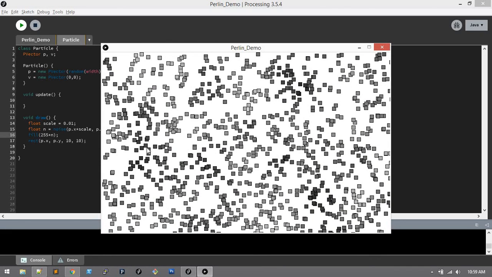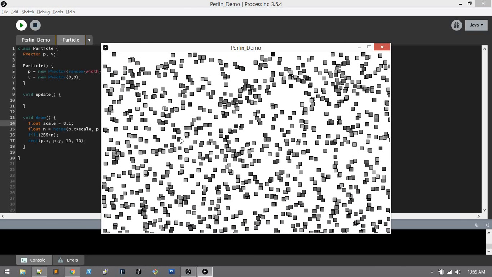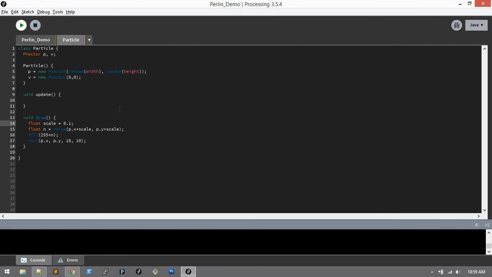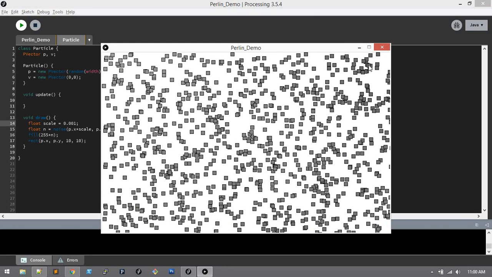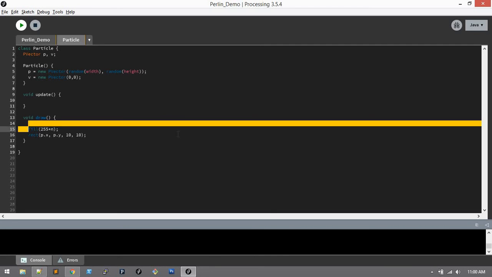And you can see, right, we've got a dark patch here, we've got more of a light patch here, more dark patches here. If I change that scale to 10 times as large, for example, it already looks a lot noisier. That's just making that pattern a little tighter. And if I make it smaller, barely any differences, mostly grays, sort of turning into black here, but not by much. So I found 0.01 is a decent place to start. Oops. So I'll take this back out of here. No need to do this,